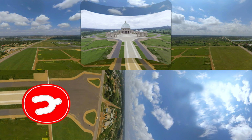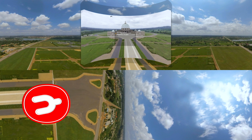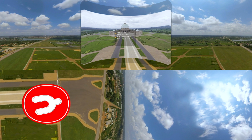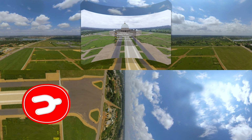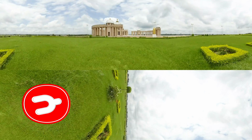Of the 130 hectares associated to the basilica, 72 hectares are already in use: 35 hectares of buildings and roads, 5 hectares of lawn, and 32 hectares of garden. The garden is French-styled